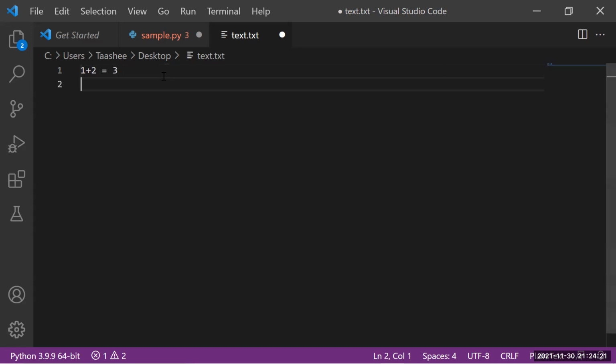Operators like plus, and 3 minus 2 equals what? 1, right? All these basic arithmetic operations are inbuilt and can be performed on any values we are given.